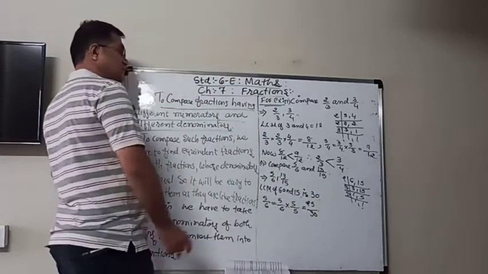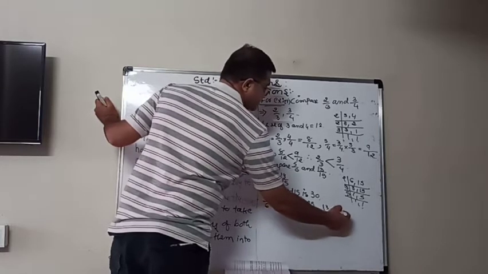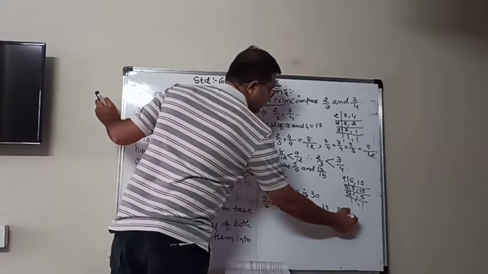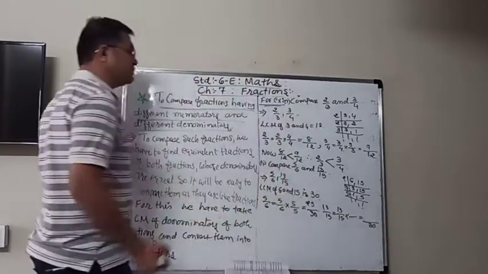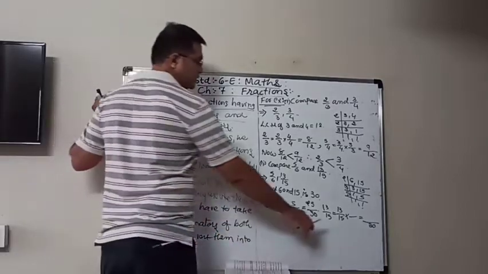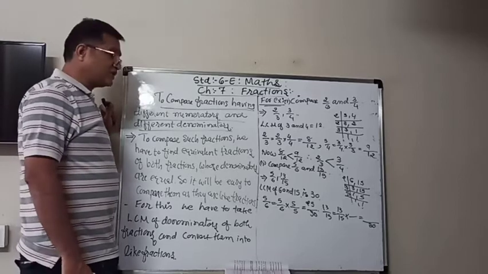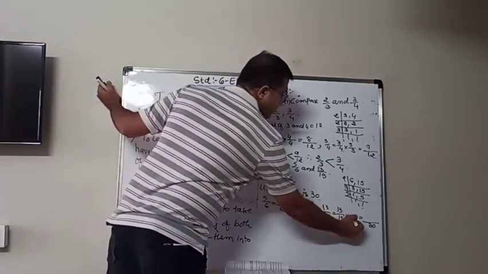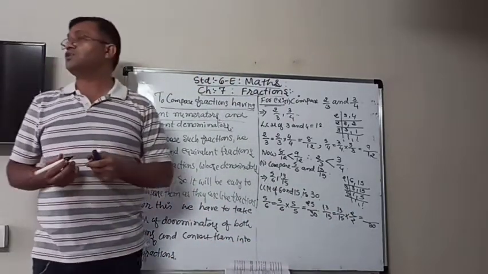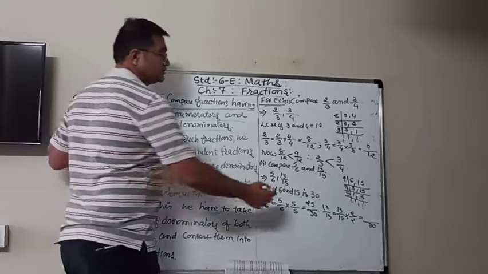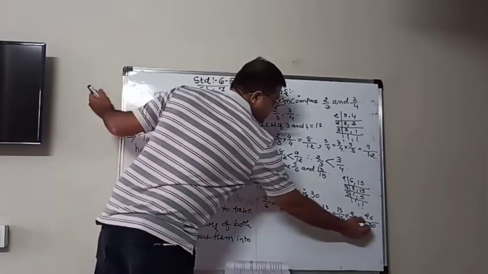And the second fraction is 13 upon 15. So 13 upon 15 also must be multiplied such that the denominator will be 30. So 15 must be multiplied by which number to get 30? Obviously 2. 15 2s are 30. So we have to multiply it with 2 upon 2, and therefore 13 2s are 26. So we get two fractions.